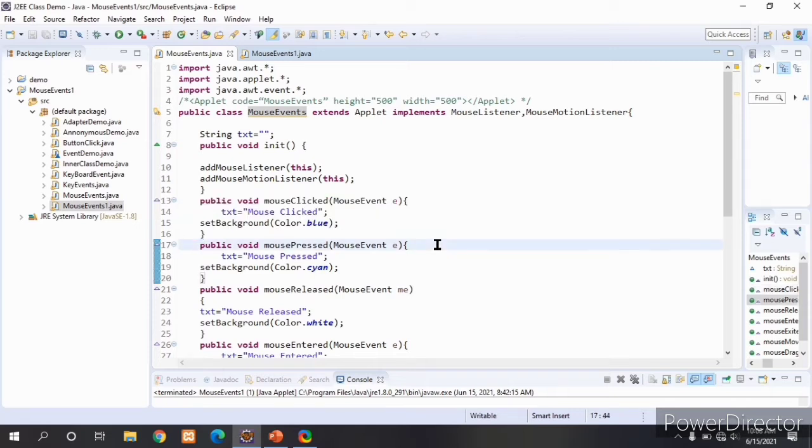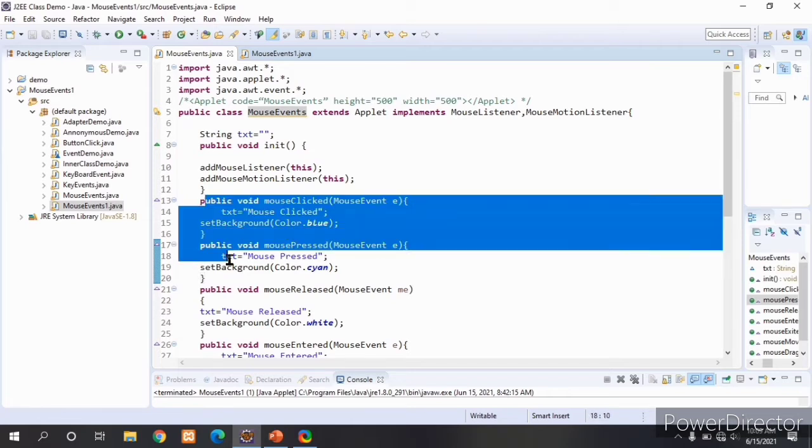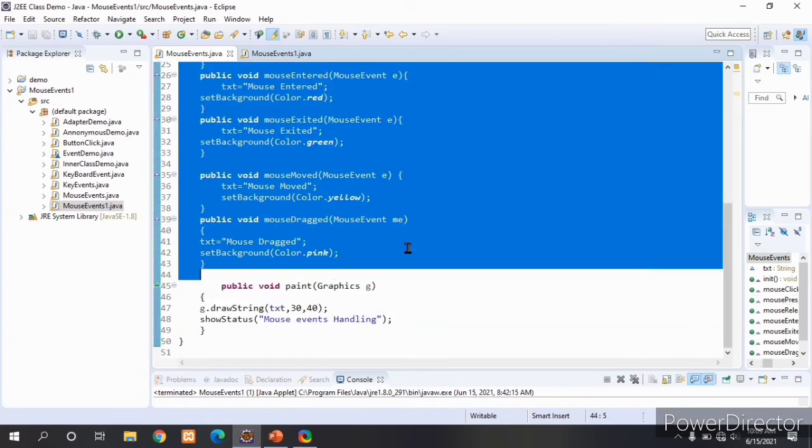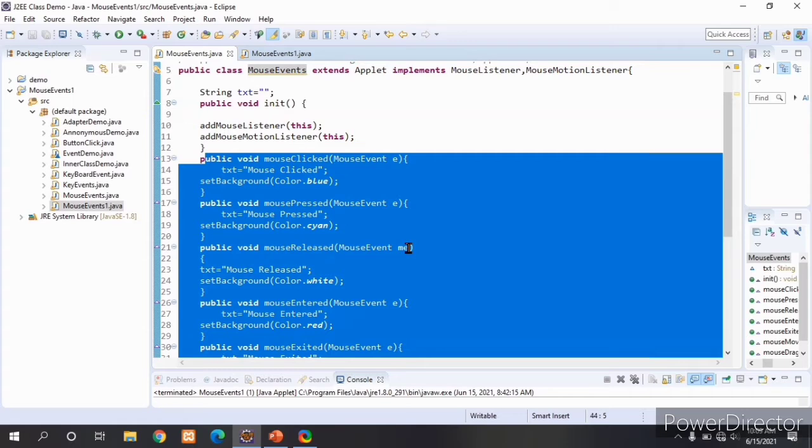Whatever methods are defined within the mouse listener and mouse motion listener interfaces, we have to compulsorily override. So I am overriding the methods here.